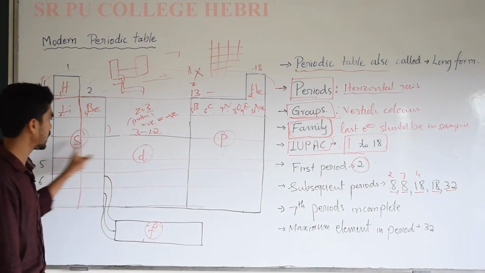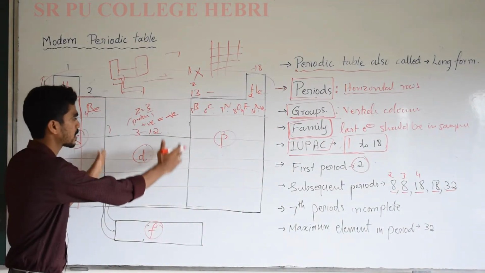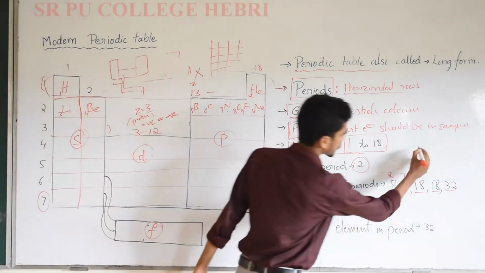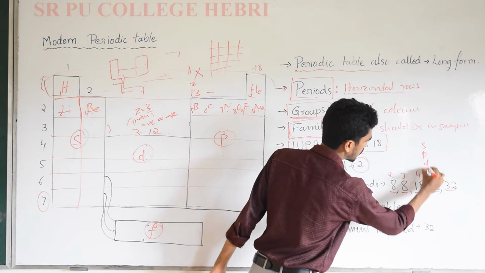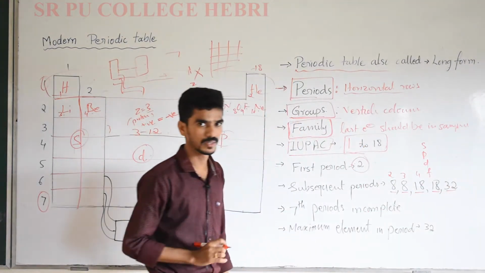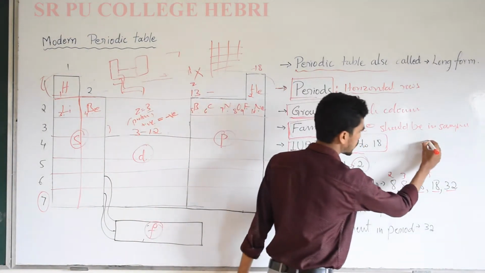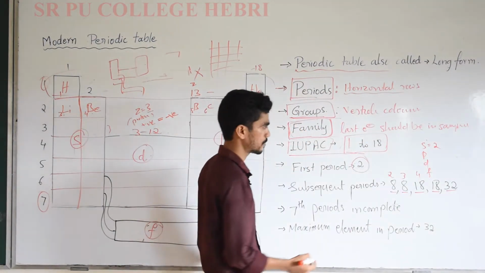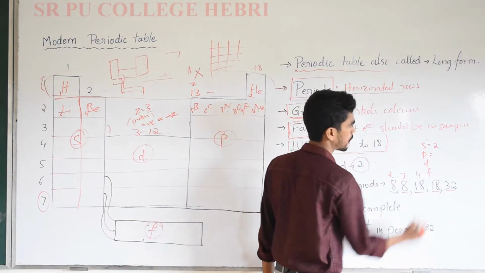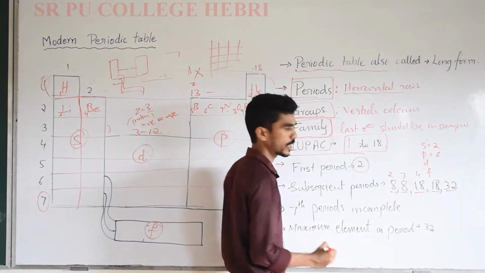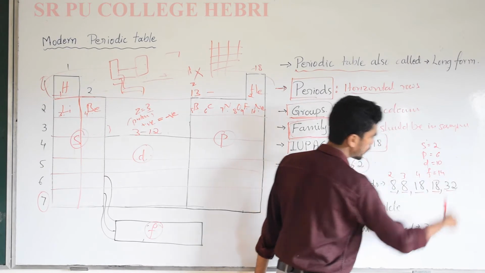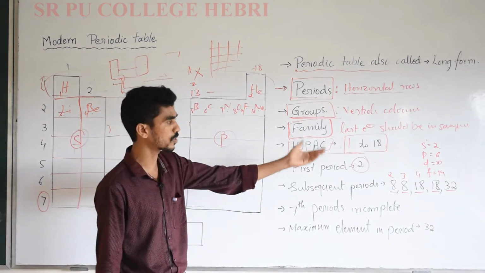For the D block elements to come, there are 10 electrons extra, and you should remember S, P, D, F, these are the orbitals. For the S orbital we can fill only 2 electrons; just remember, we'll discuss in detail in upcoming chapters. Here 6 electrons we can fill for the P orbital, D orbital 10, F orbital 14. That is the maximum number of electrons we can fill.